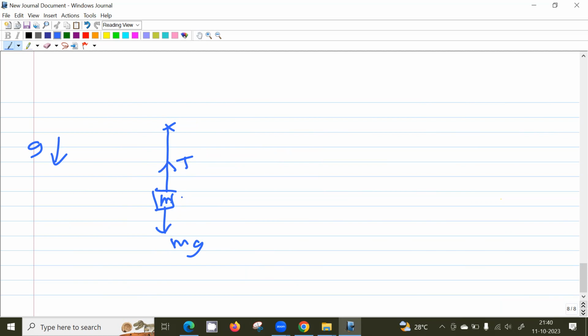This is going in a circular motion, but here the velocity won't be uniform. The velocity will decrease as I go up. But still I can write down, and there is a centripetal acceleration a_c. So the net inward force is T, and the downward force is minus mg. That is the net force which is acting towards the center. So that's equal to mass into